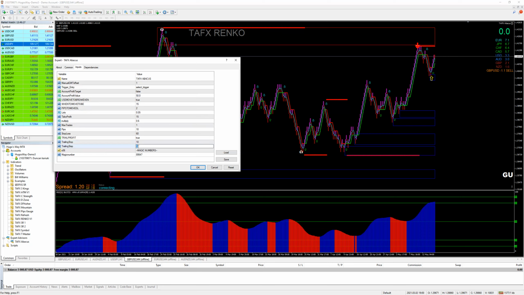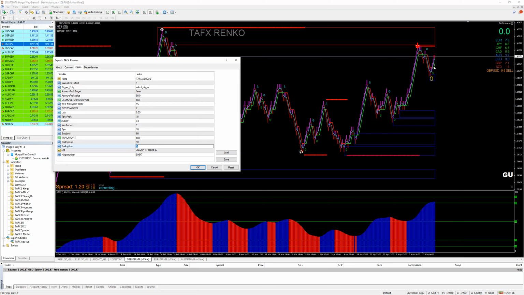Now, the other thing is the gap that you want the Abacus to trail the profit. The only thing you need to do is give the gap. Let's say, for example, you want to start trailing the profit with 10 pips. So you can set here 5. So this means now, if here is 10 and here is 5, when you are in a profit of 20 pips, the Abacus will open the trailing profit at 10 pips. Remember, it's 5 times 2, which is 10 pips. So there will be a gap of 10 pips